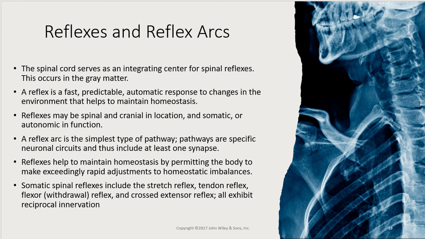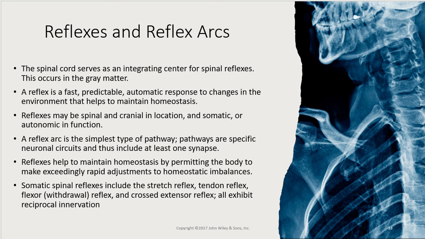Reflexes may be spinal or cranial in location, as well as somatic or autonomic in function. So a reflex arc is going to be the simplest type of pathway. These pathways are specific neural circuits and are therefore going to have at least one synapse. The reflexes are going to help maintain homeostasis by permitting the body to make very rapid adjustments to homeostatic